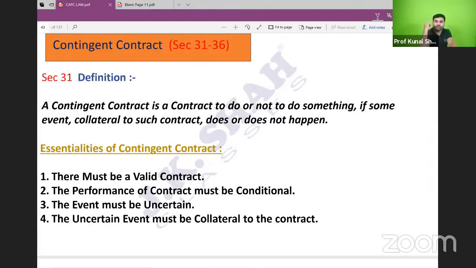So, friends, with this, we have completed the entire provisions of the Indian Contract Act 1872 under a marathon revision lecture. In my next lecture, I will be starting a topic called Partnership Act